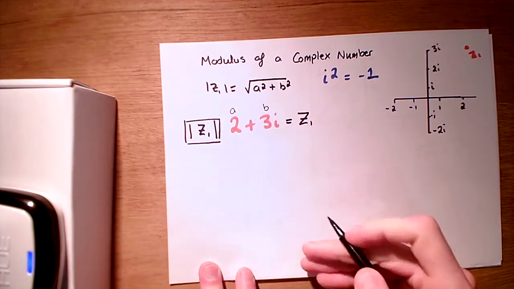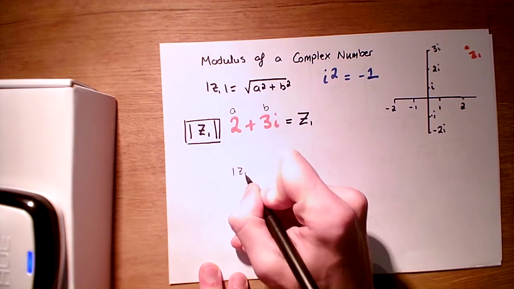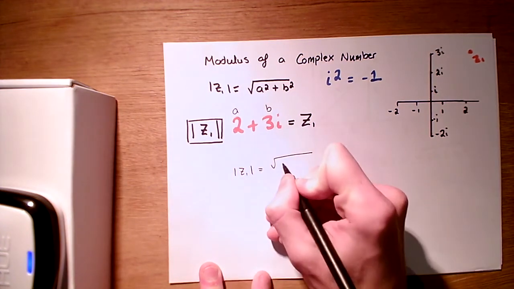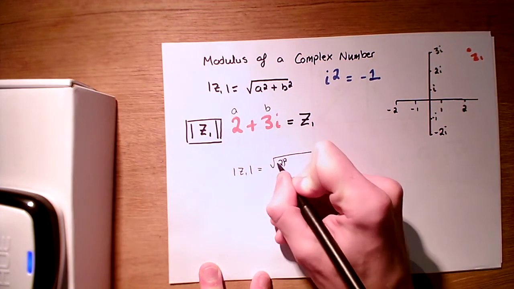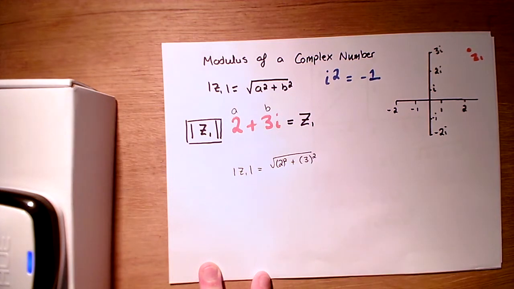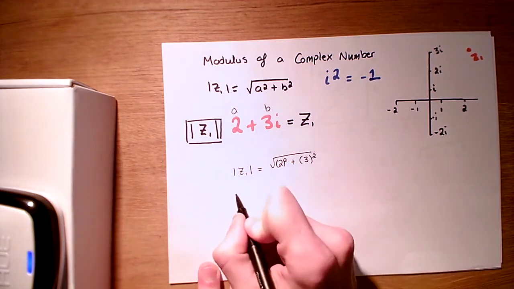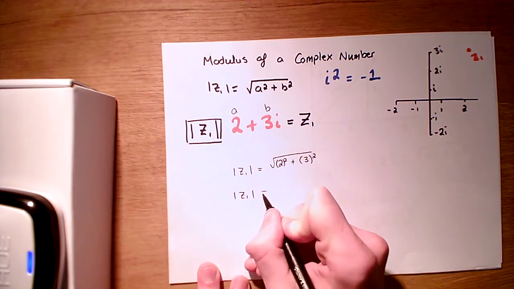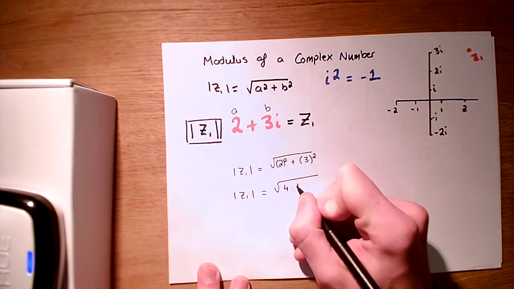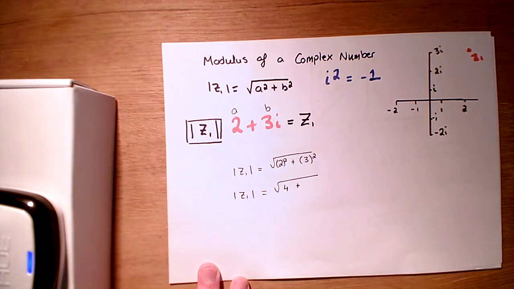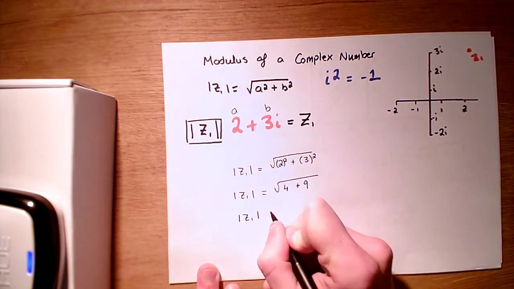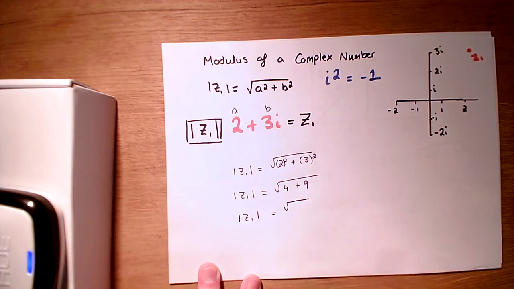Okay, and now let's slot it into that formula there, where the modulus is equal to the square root of 2 squared plus 3 squared. These are relatively easily calculated. 2 squared, or 2 times 2, gives me 4, plus 3 squared, 3 times 3, is 9. So the modulus of Z1 in this instance is equal to the square root of 4 plus 9, which is